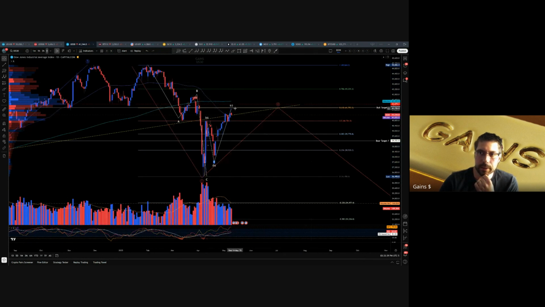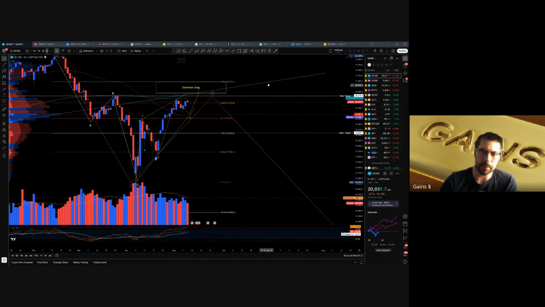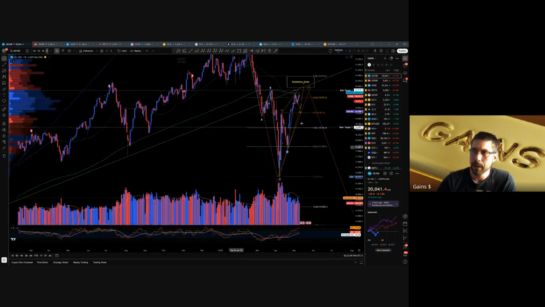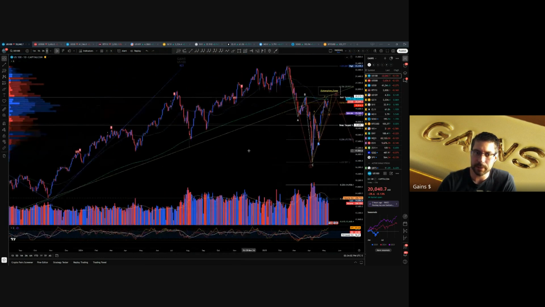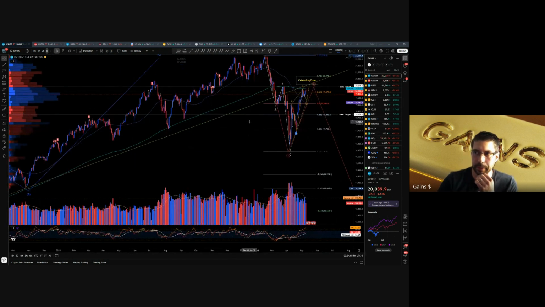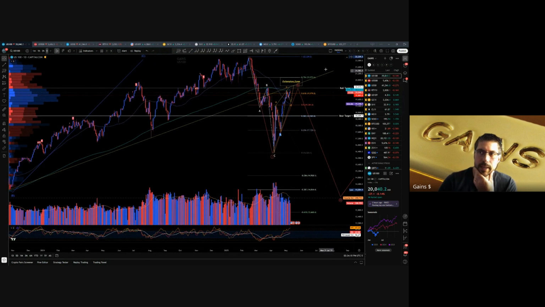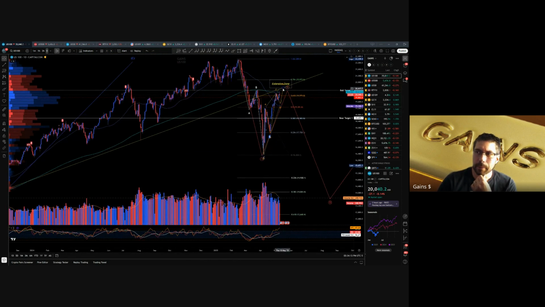The Dow, for example, is sitting right here at the 0.618, and all the other indexes are too, except the Nasdaq. The Nasdaq's looking a little weird, just because it went above its 618 here, but it hasn't really gone much past that. Now we do have a longer term trend line to worry about here, but this is kind of where I think the musical chair stops for the Nasdaq. I think you guys have been aware I've been crowing about this 23,315 level for the Nasdaq. I actually think it's probably going to be a little bit higher, maybe even 25,000, and that might be where you see a stop here.